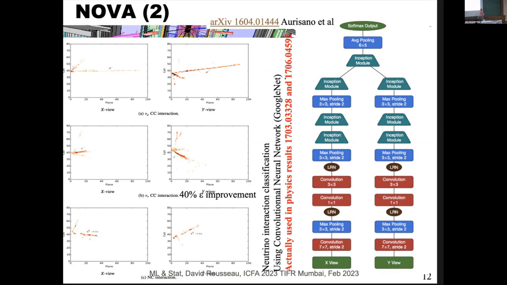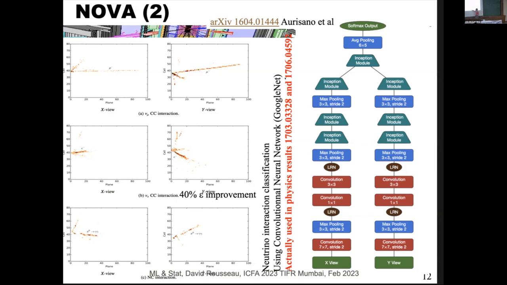And what is quite nice is that they did this and then published the paper on this technique, I give the reference, but then they carried on doing the physics measurement using this technique. So it was not something done just as a proof of concept. It was really used for real in the physics measurement. But this they could do because already they had images.